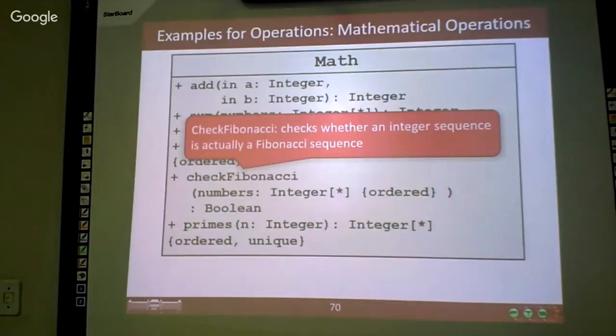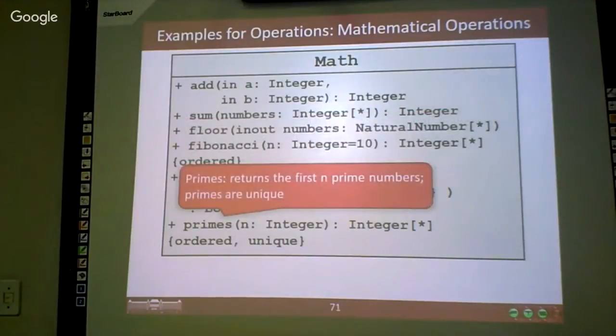So it will return a Boolean value, and it receives some integers. And the primes operation will return the first n prime numbers. It is important to know that primes are unique, and we can also indicate it here in the signature of